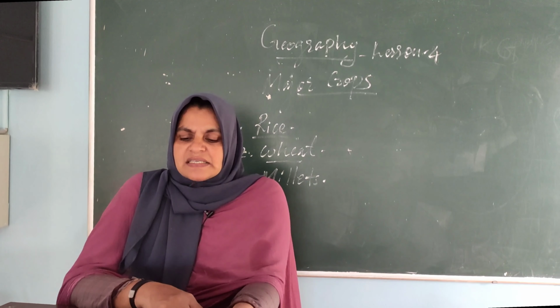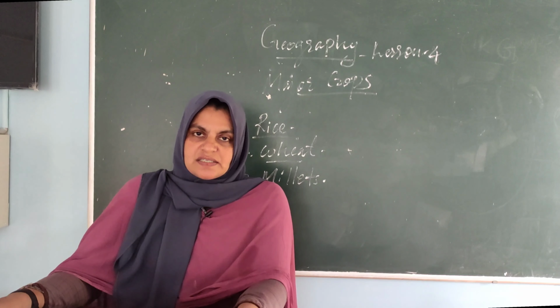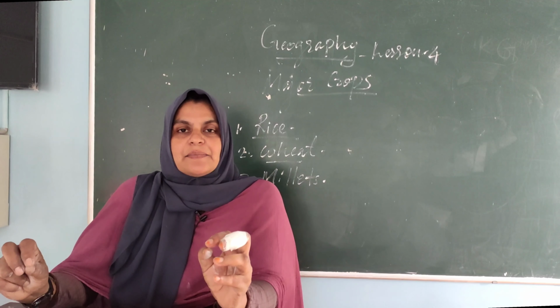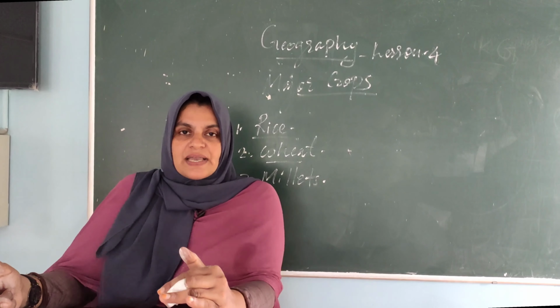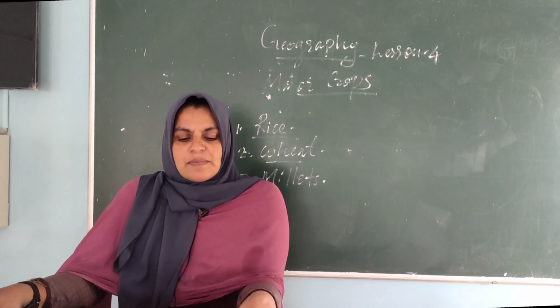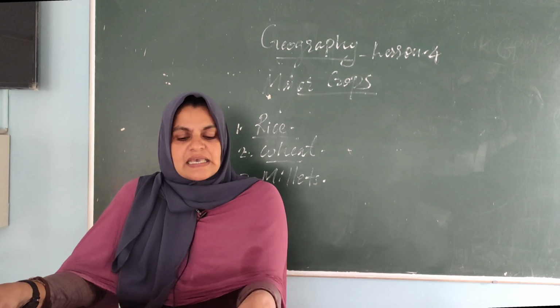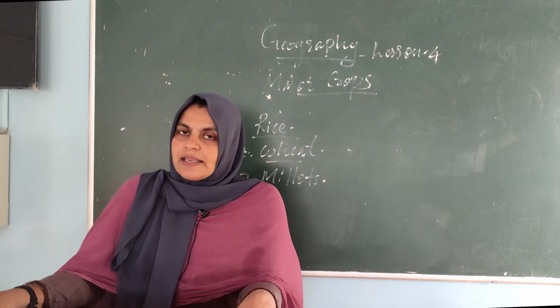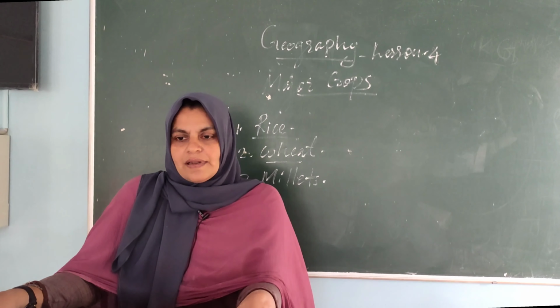Major ragi producing states. Which are the major ragi producing states? Almost all states are the same, but you have to identify them. Karnataka, Tamil Nadu, Himachal Pradesh, Uttarakhand, Sikkim, Jharkhand and Arunachal Pradesh. In all these areas ragi is growing well.